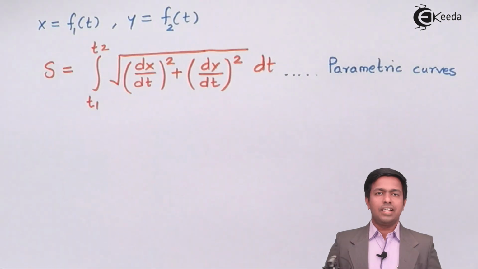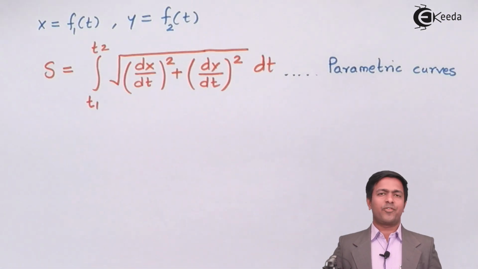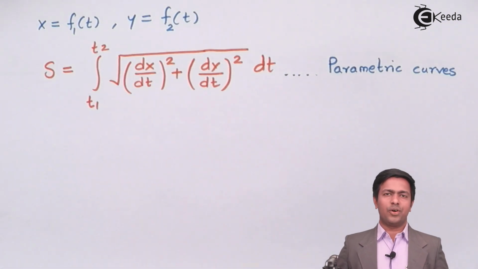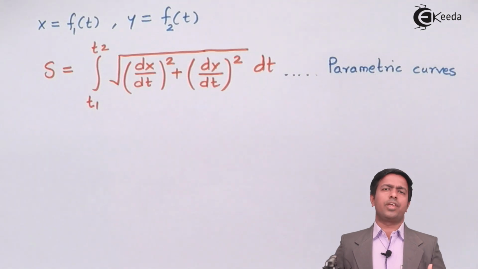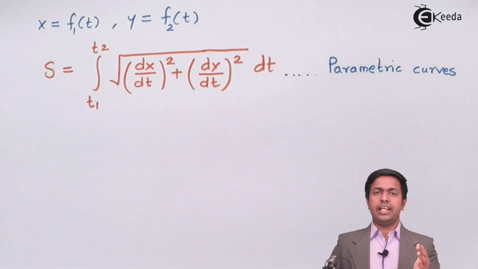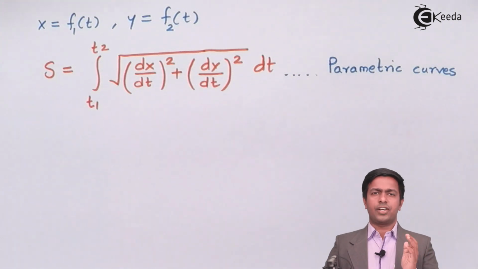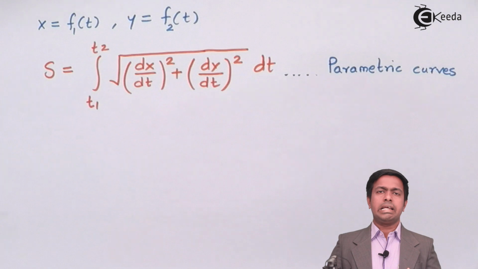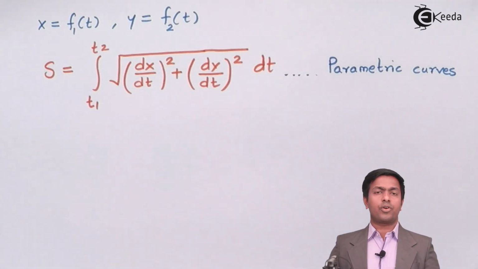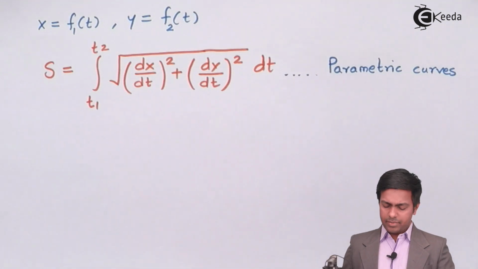Now guys, we have one more type of curve that is called a polar curve. Now, what is a polar curve? A curve given in terms of r and theta is called a polar curve. You may get r as a function of theta, or you may get theta as a function of r. In both cases, we'll see what the formula will be. So that time the length of the curve is given by the formula